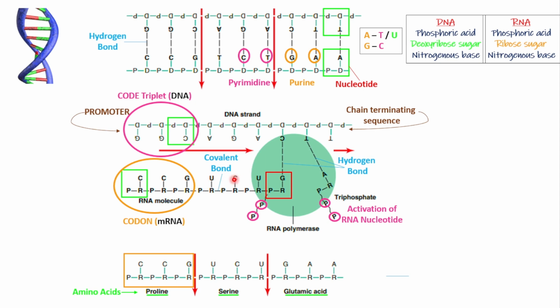Then we have the sequence UCU, which is here, UCU. UCU means that after proline, the amino acid serine will be attached with the proline, and then the sequence GAA. This means that after serine, glutamic acid will be attached. Now this amino acid proline, then amino acid serine, and then amino acid glutamic acid, these all will bind to each other in the chain,